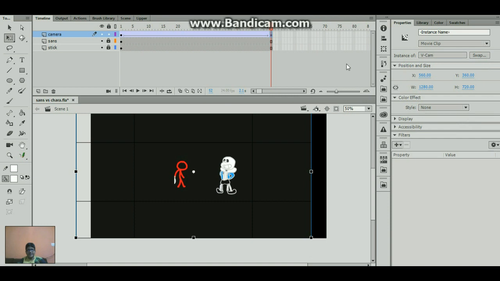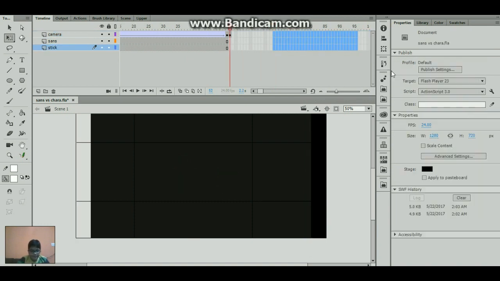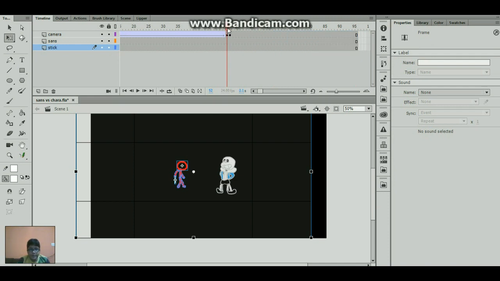So now we added that. We're going to save real quick. And since this is a movie clip, you can add filters. Now this has gone on for about 50 frames. So until frame 100,